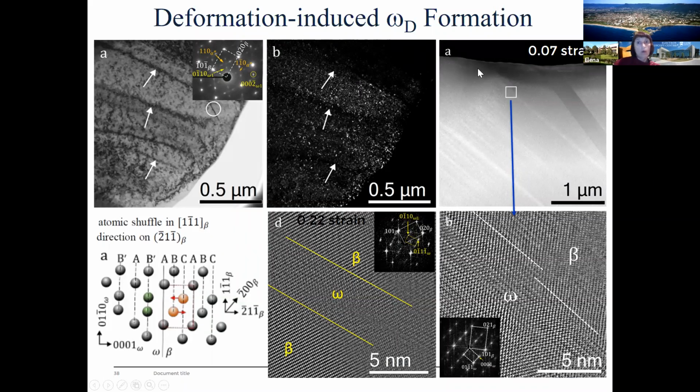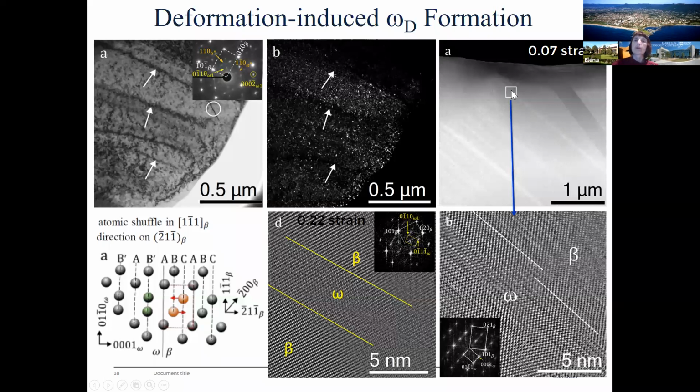In contrast, we have seen these lines, which are pretty thin, but they are plate-like and significantly elongated in one direction. Typically, we could see two variants of athermal omega formed in a grain,